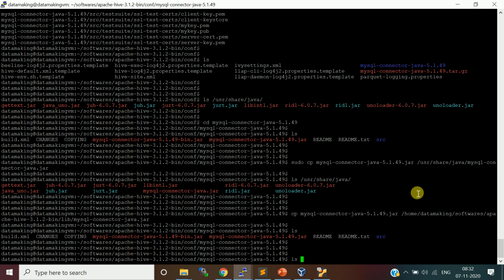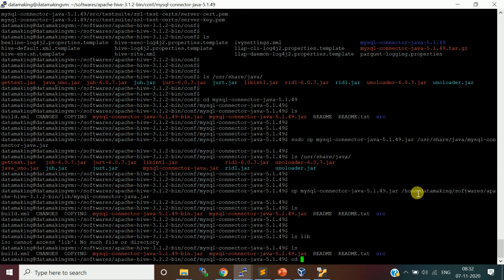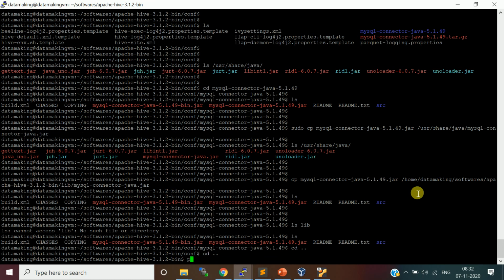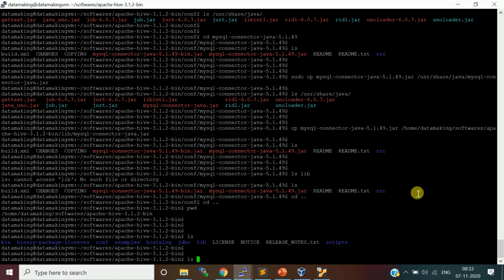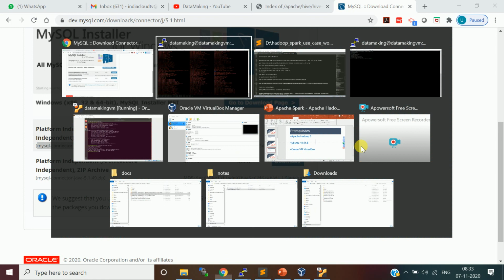If you look at the lib folder, from here, this is the Hive installation folder. We copied mysql-connector-java.jar. Okay, everything is ready.